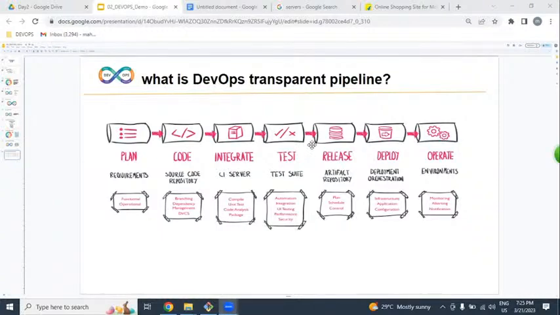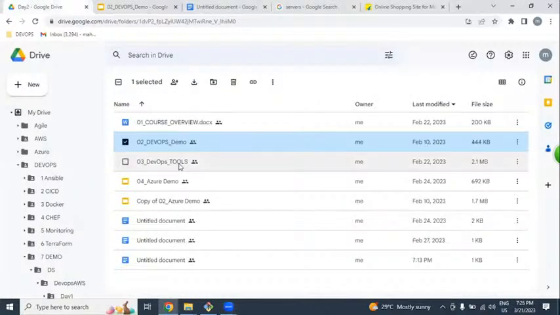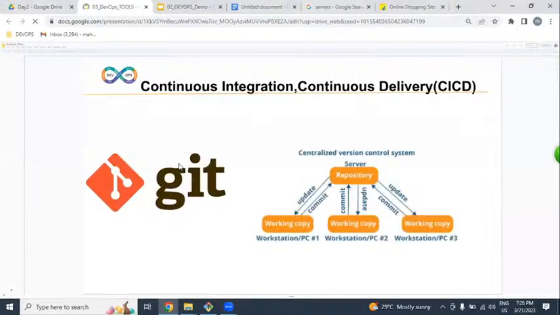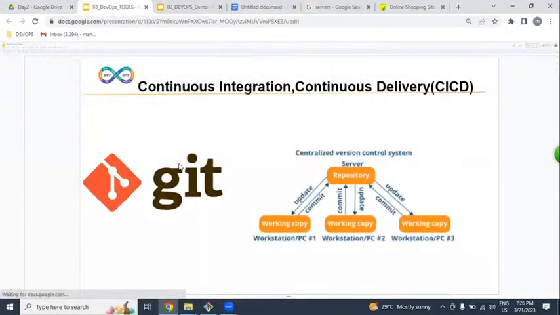So for implementing this DevOps process, we are going to be learning some tool stack. Which tool stack are we going to be learning?